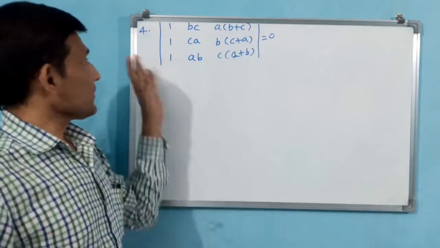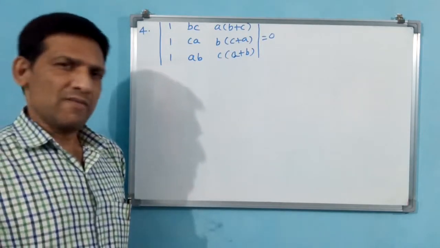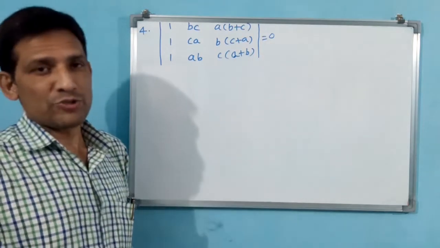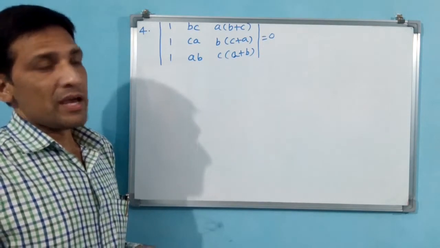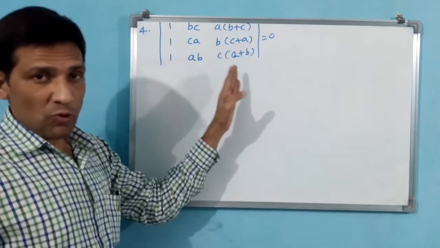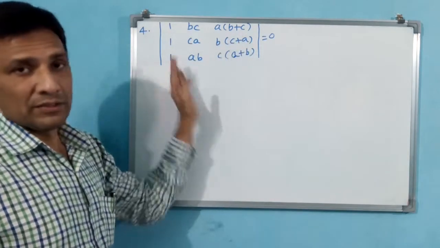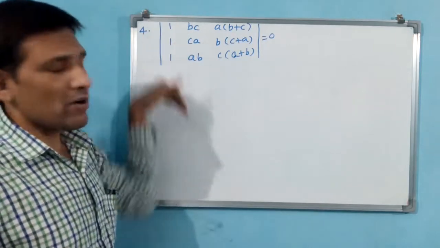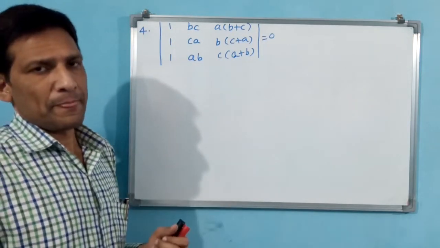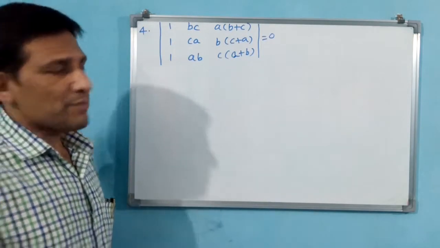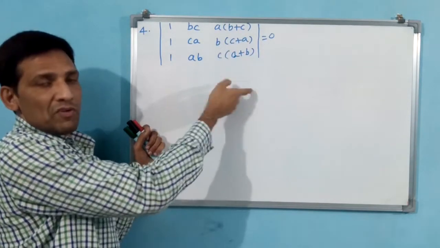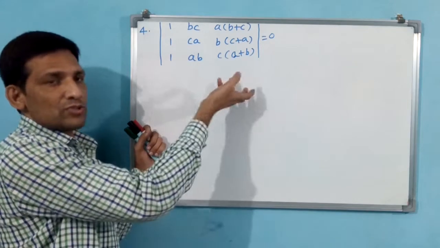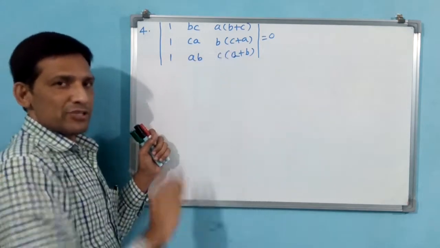Now see the fourth question. Say in the fourth question also you have to prove this as 0. Then what are the options as per properties? Either you make another row or column equal, identical, or else you make all zeros. Any one you can do. That means if another column comes 1, 1, 1, then C1 is equal to C3 or C1 is equal to C2, like you can write, and 0 you can write.